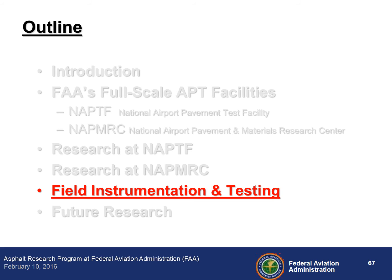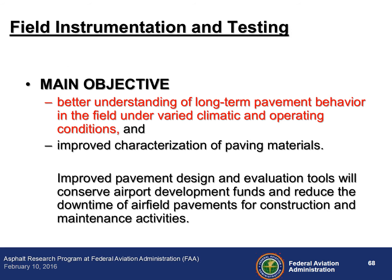Then the research that we are doing at our test facility is under certain climatic conditions. We are also trying to develop a project like LTPP, wherein you're looking at pavement performance under different climatic conditions. So we have a project called Field Instrumentation and Testing. The objective of this project is to better understand the long-term performance and behavior of pavement under different aircraft